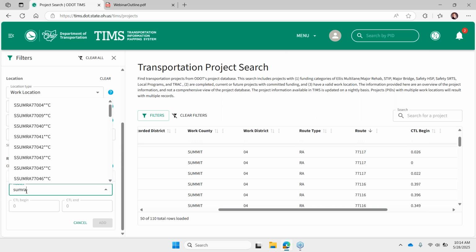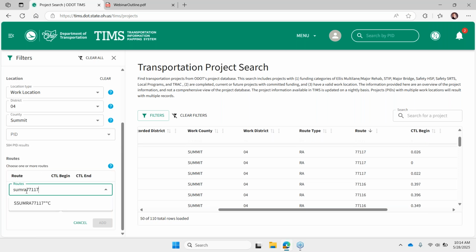So if I was doing an interstate route, say Interstate Route 71, I would type in 00071. And for this ramp, I'm going to do 77117. So I've really narrowed down that list of my NLFIDs, and now I can select the record that I wanted. Now it's going to try to fill in